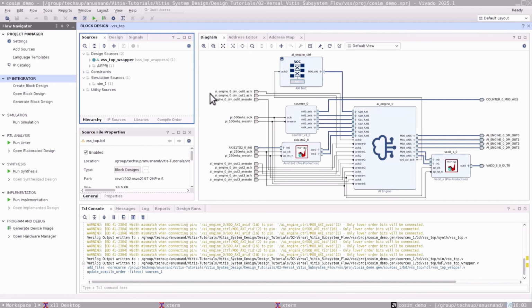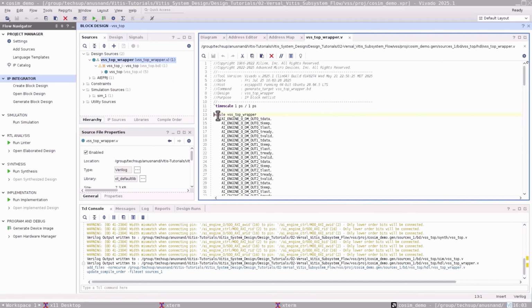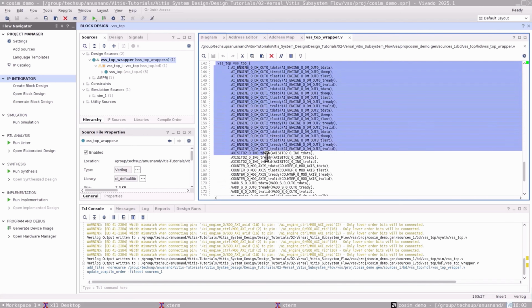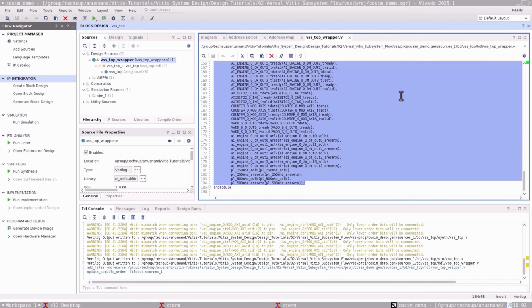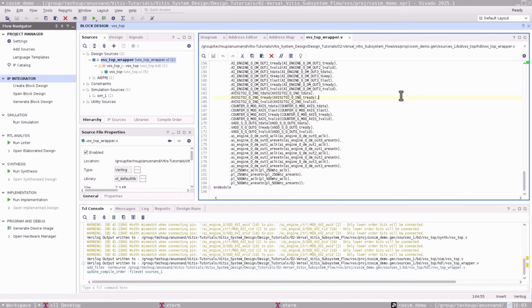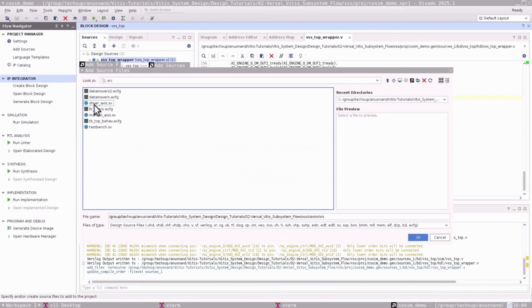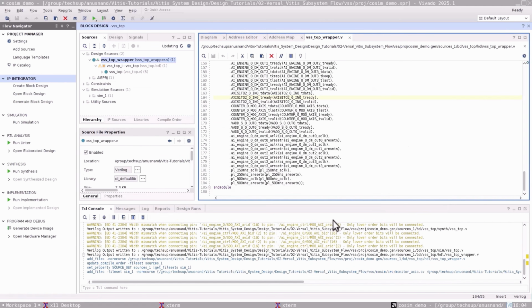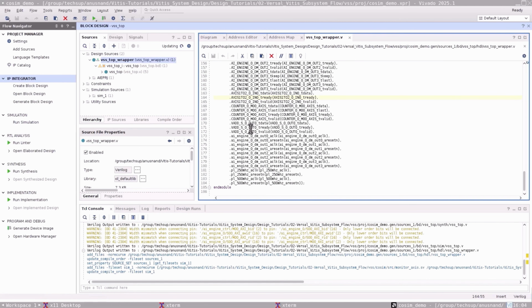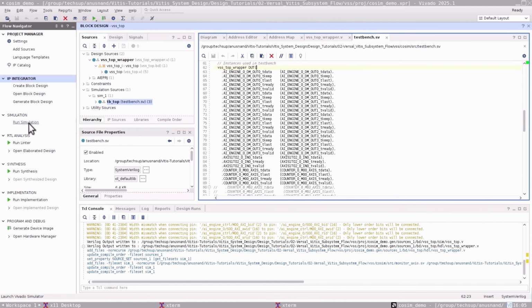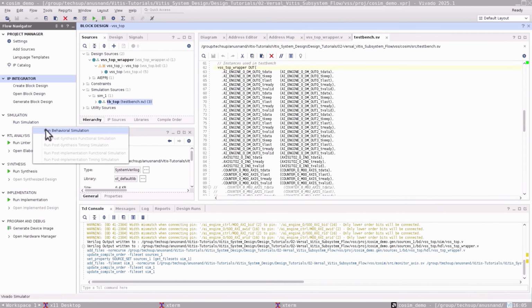Use this RTL wrapper to instantiate the VSS as the DUT of a top-level HDL test bench. Add test bench driver and monitor modules as needed to verify the VSS simulation option. Import the test bench, driver, and monitor source files into the Vivado Design Suite. Click Run Simulation in the Flow Navigator and the Run Behavioral Simulation option.